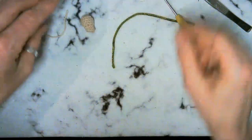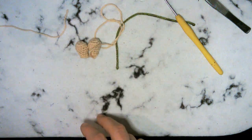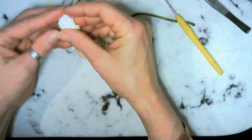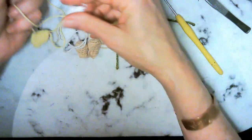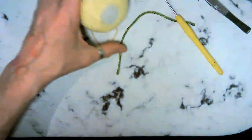Okay, I hope you guys got two cute little horns going on. We got two little ears going on. We've got our nose or our muzzle here, that has some green in there somehow. Okay. And our head. So now what we're going to do is crochet the body, which is